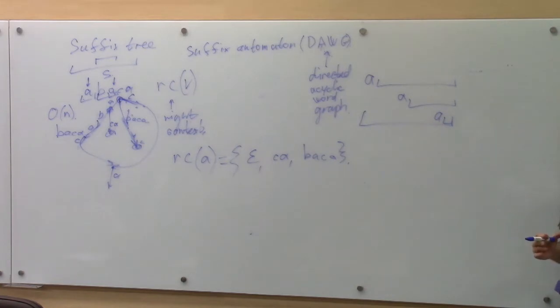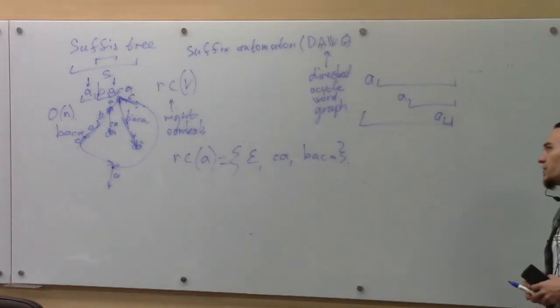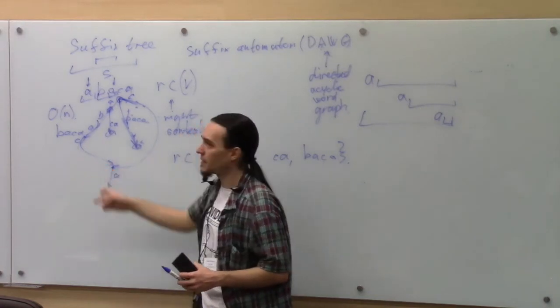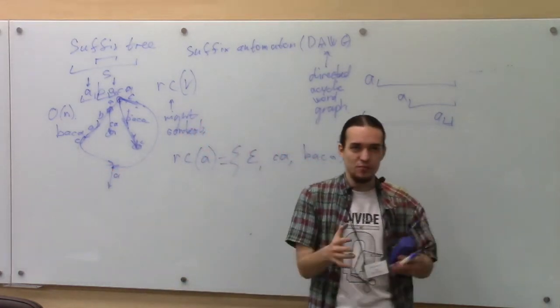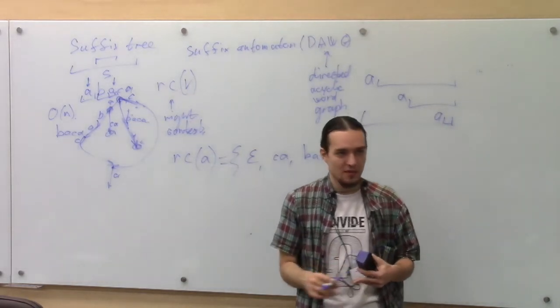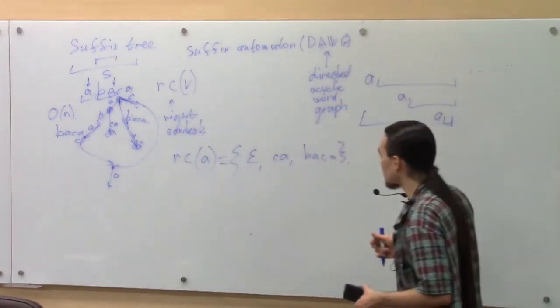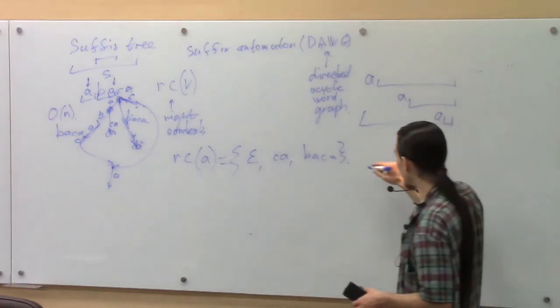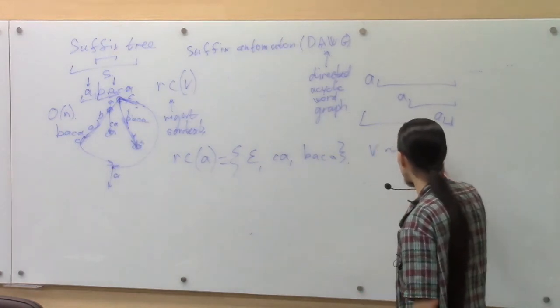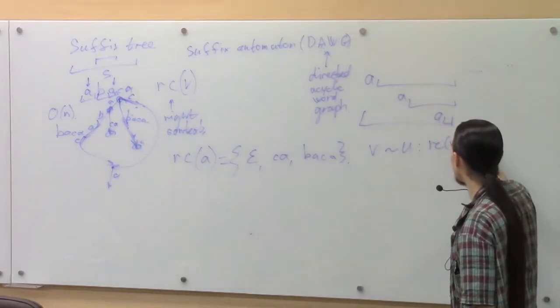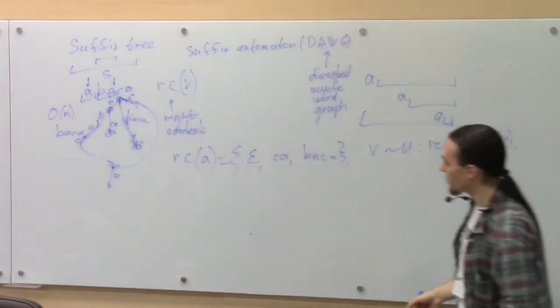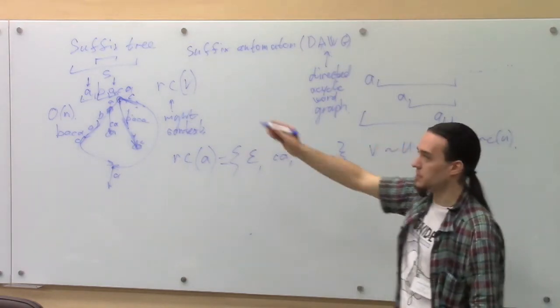So now we want to formalize our notion, our idea, of the fact that to some substrings we can put into correspondence the same state, right? So we will say that two strings v and u are equivalent. We will write that v is equivalent to u, and that means that they have the same right context. Okay, so for example, as we've discussed before, with respect to that string,